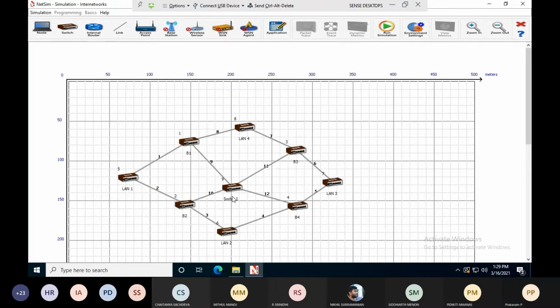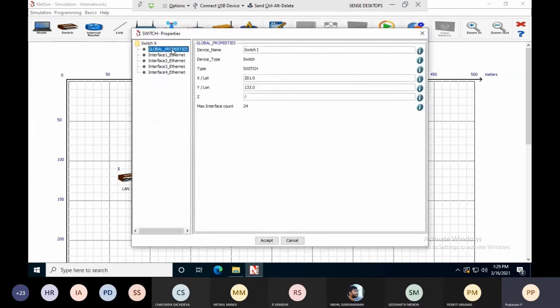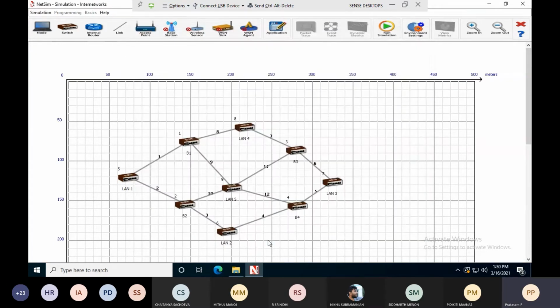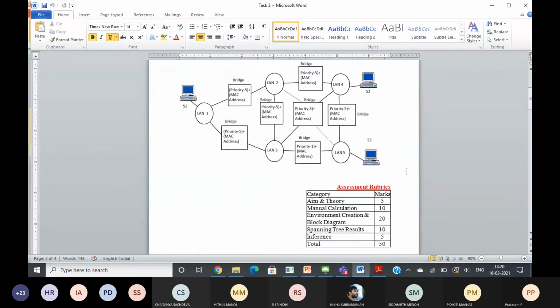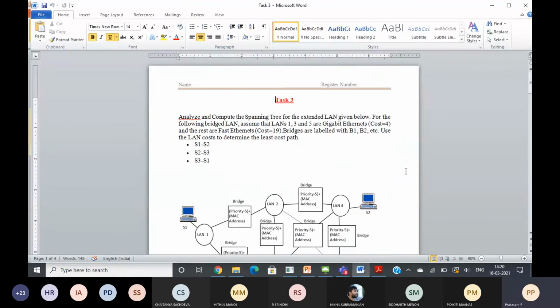Accept. Then switch I, properties, global properties, rename it as LAN 5. Now, as per the given diagram, I have created the network using bridges and LANs. Any doubt up to this? Shall we proceed?